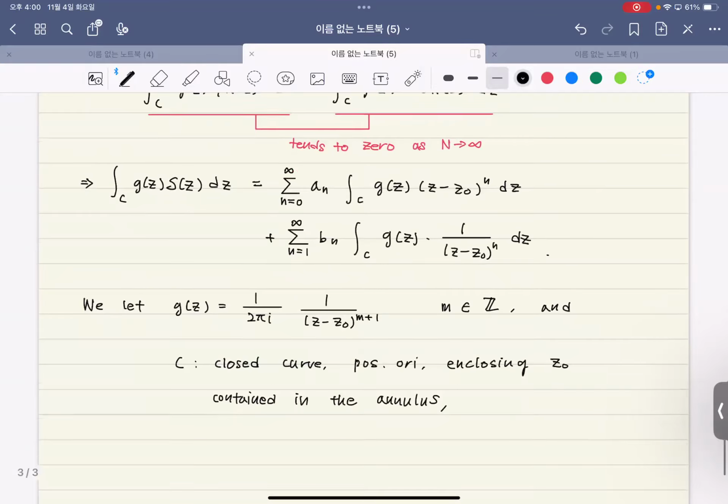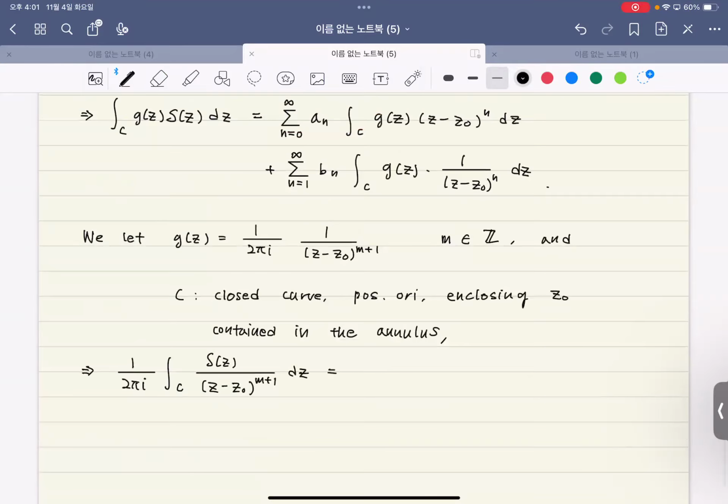Okay, so for this function, clearly this function is continuous on this curve. So I am safe to make use of this equality. So 1 over 2 pi i times the integral over C of f(z) over (z minus z0) to the m plus 1, dz